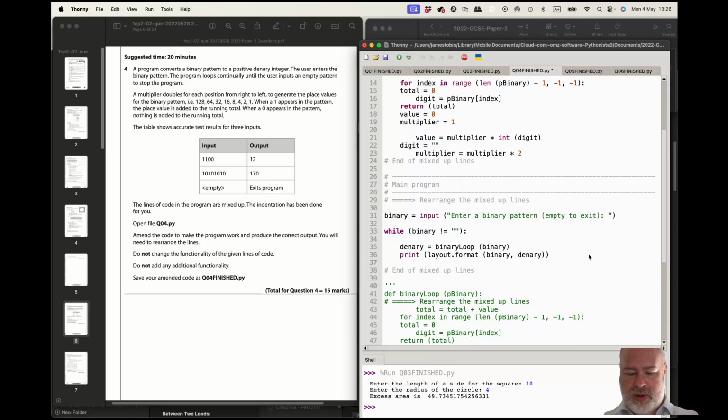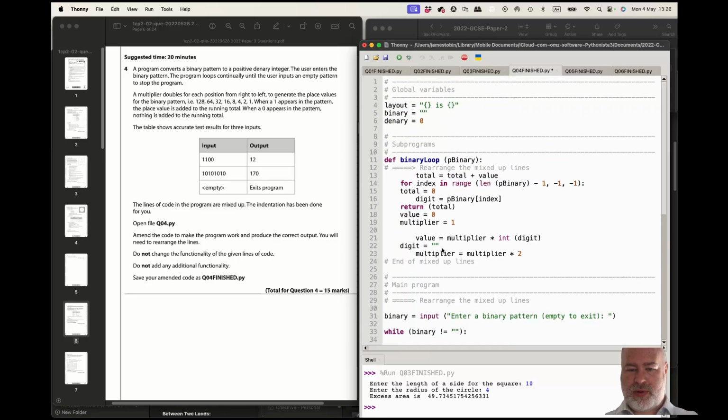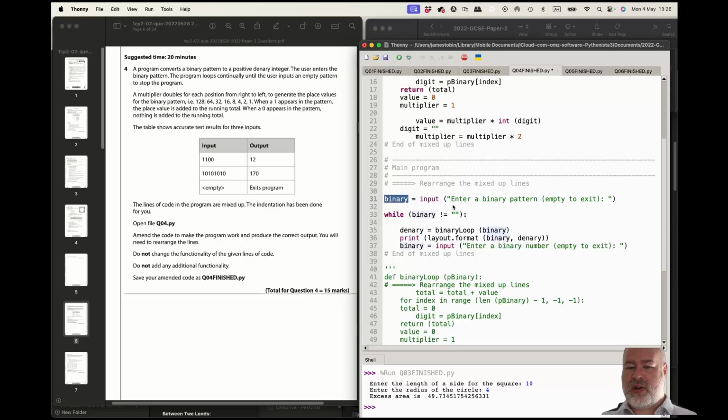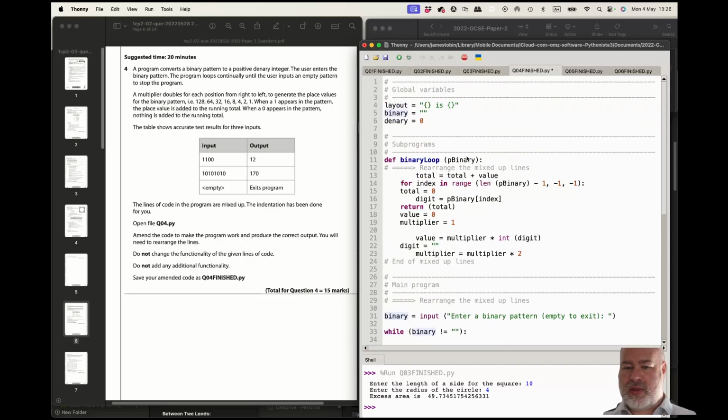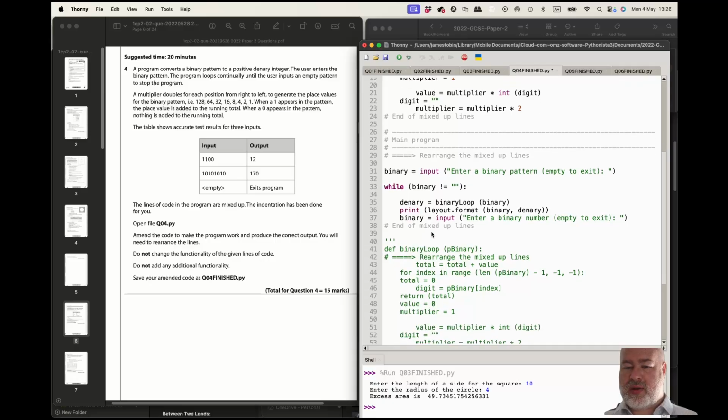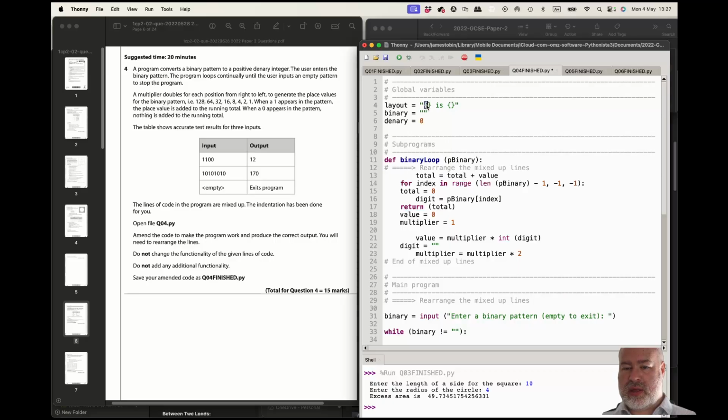So what we're doing first is saying binary equals binary loop binary, which is the name of our subprogram. So we're passing through this variable as an argument into this parameter and then checking. Then we're printing out what it is using layout.format. And the format is these placeholders are given as curly braces, which could come up in the exam. Obviously, you can see this is a real exam question. It's worth learning about